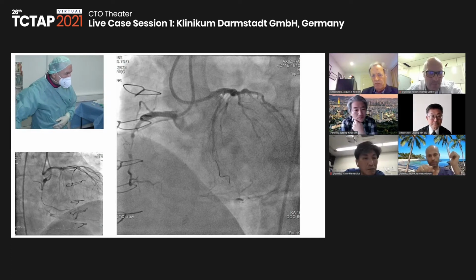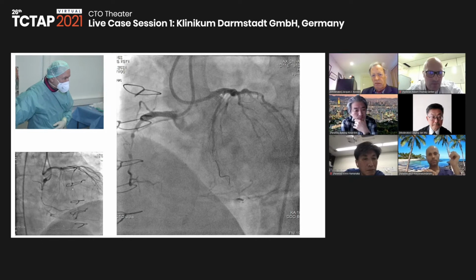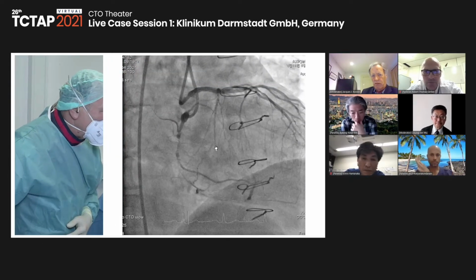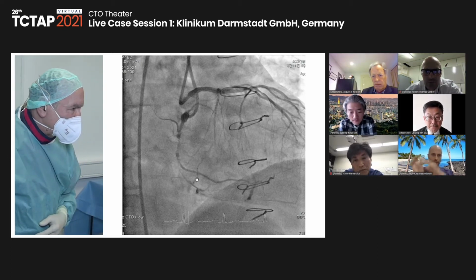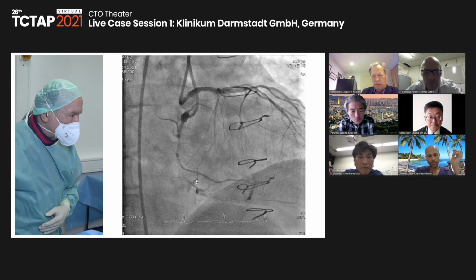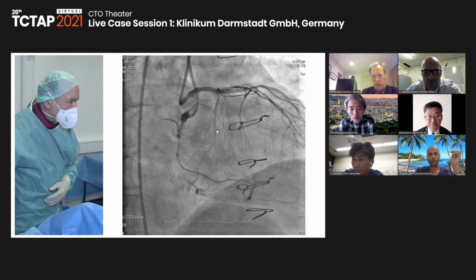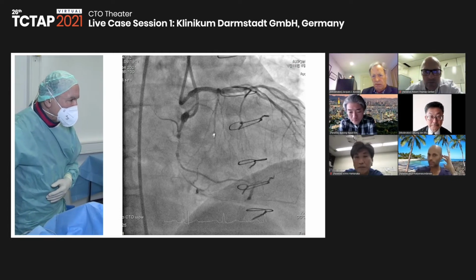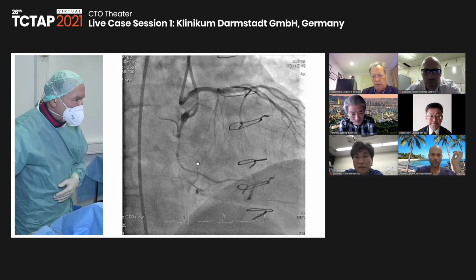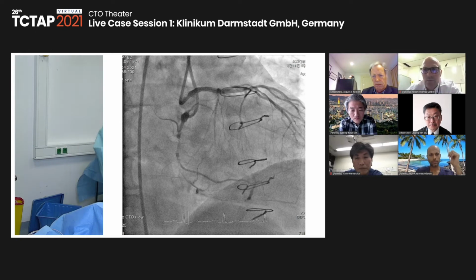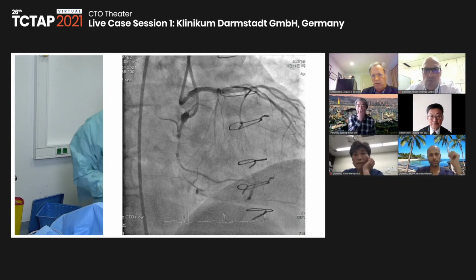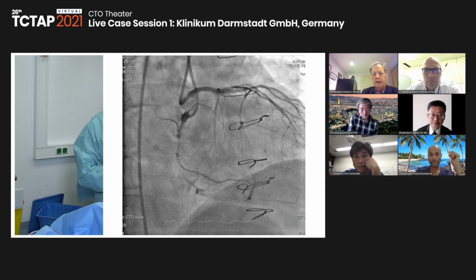There might be surfable collaterals, invisible collaterals here, and there is one collateral from the first septal. But this usually comes very close to the crux, which is not so ideal. There might be connections here and here, but this is not ideal because we want a long access to the crux. So in the interest of time, may I show you the IVUS that we first did